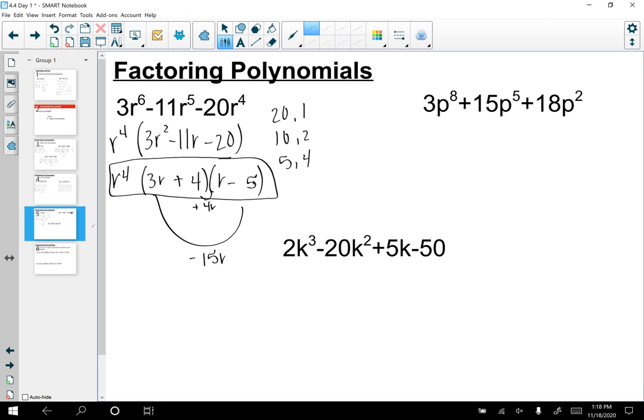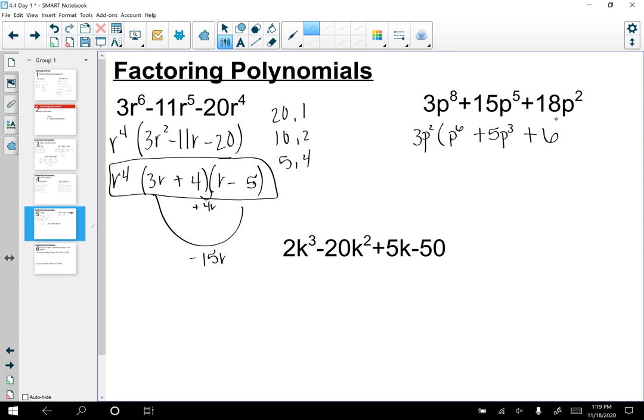Okay, and then same idea with the second one with the p's. I'm going to factor out a p squared. I see there's a p squared in all of those terms. That's the one most obvious to me. And now I also see 15 and 18 are both divisible by 3. So I'm going to pull out that 3, and I'm left with p to the 6th plus 5p to the 3rd